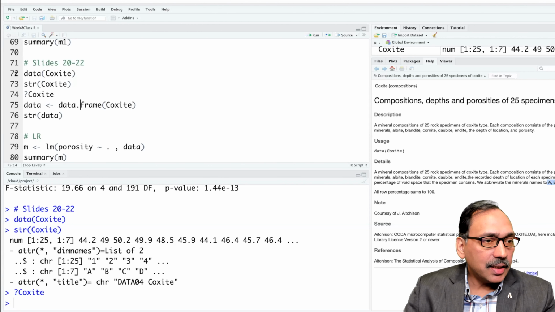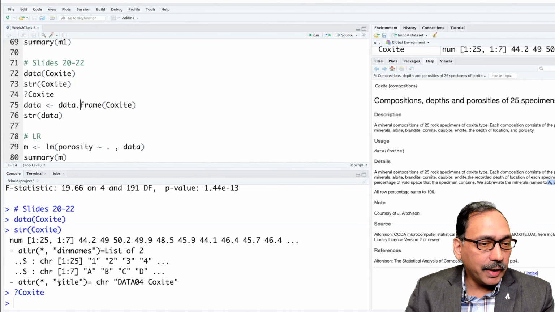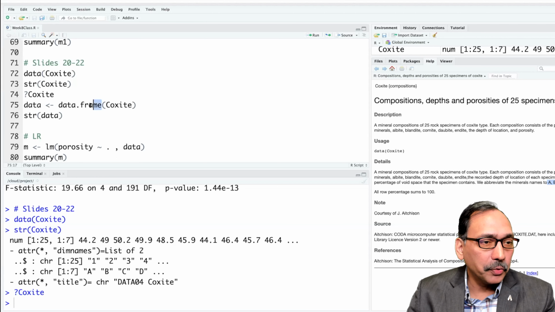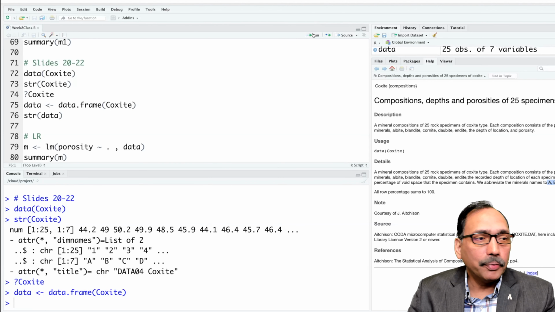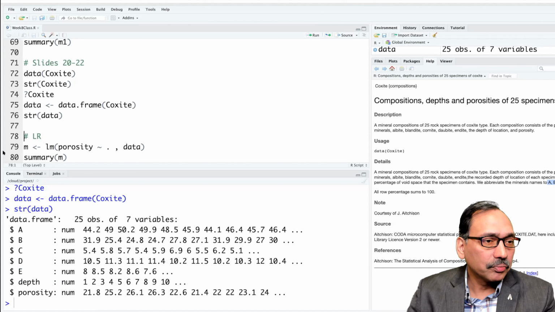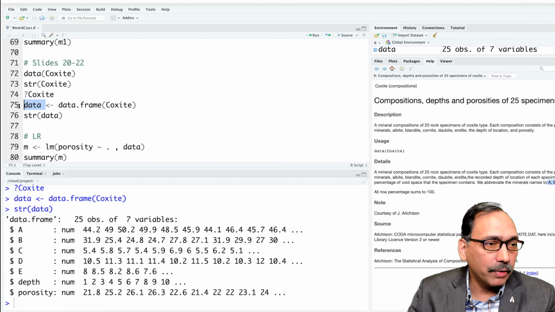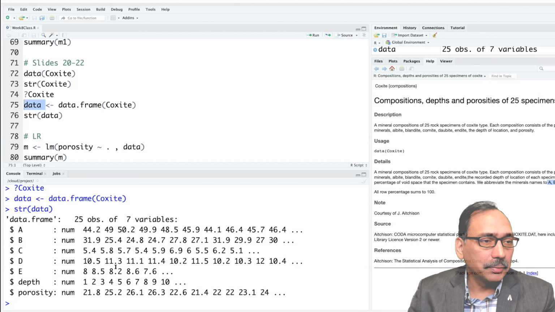Now, currently this data is not really in the data frame format that we are familiar with. So we are converting this into a data frame by running this line. And now if you look at the structure of the data, and in fact, I gave it a new name now. We are calling it data. This is our familiar format.